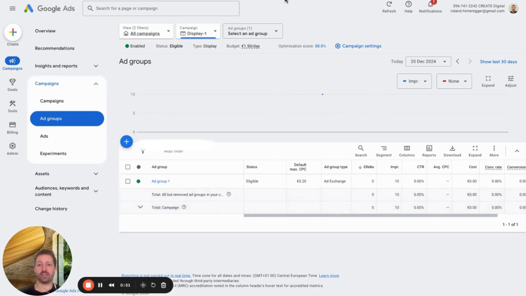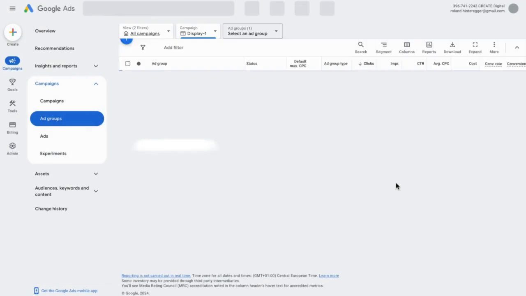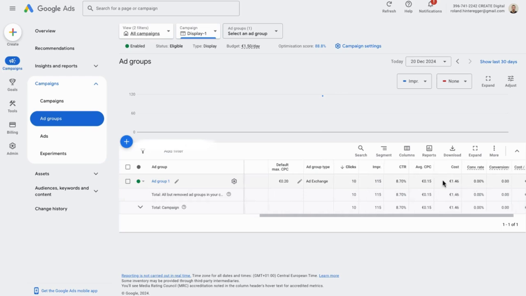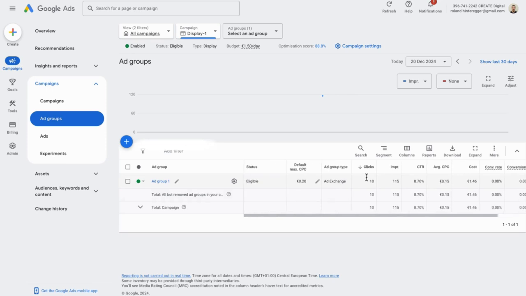If I refresh the page, there are 10 impressions today so far. Oh, that spiked up nicely. An hour ago I had maybe 10 impressions. I just refreshed it now, and I have 150 impressions and 10 clicks to the page. Paid €1.46. Okay, so I have to be really cautious here because I actually ramped up the manual CPC bid